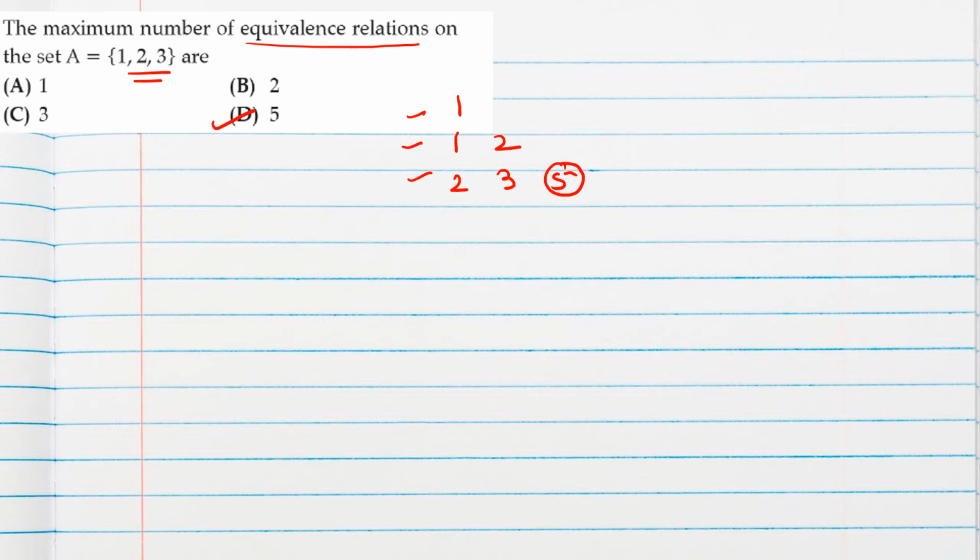Otherwise if we won't use this number, we have to go with the maximum trial and error method. We need to write all the elements, 9 elements we will write, then we will pick some elements, and we have to be very sure that they will form an equivalence relation only. So this method will work in finding the number of equivalence relations in a very easy way.